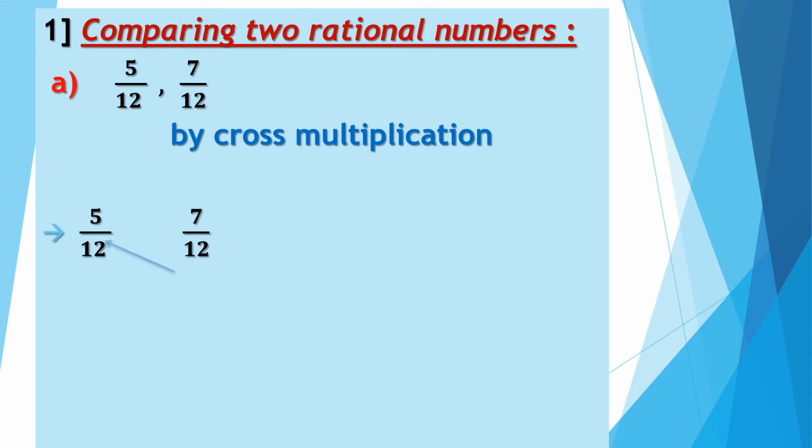It will be 12 times 5 equals, and put it up, 12 times 7 and put it up like that. On the left hand side here we have 60, on the right hand side we have 84. So